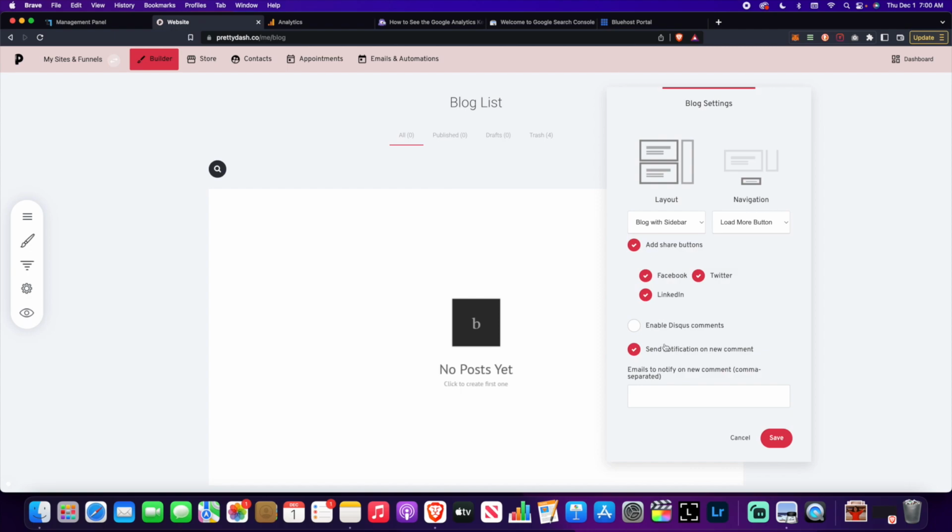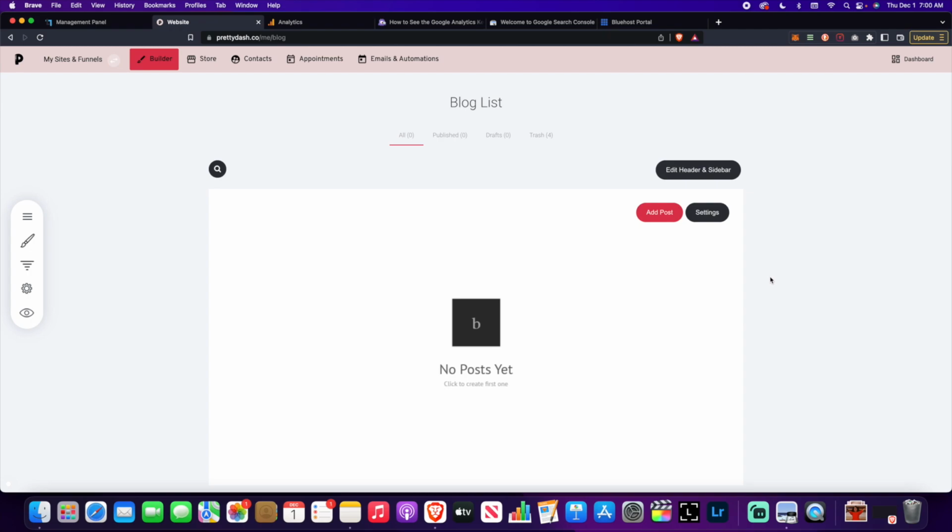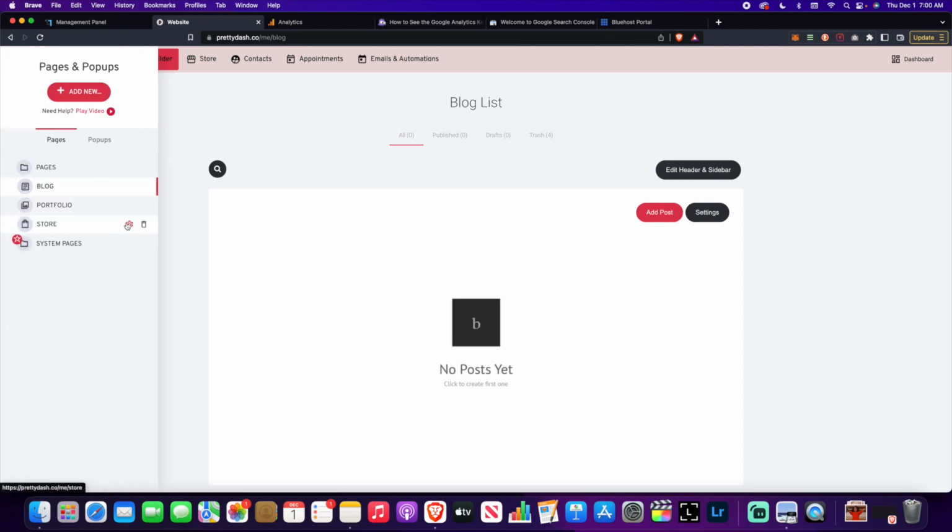And you can also just send a notification on a new comment. So put your email in here, not anyone else's. So it'll just let you know when someone's left a comment. That way you can go and reply to that comment, because the faster you reply, the more engagement you have and the more chances you'll get found in Google. And it'll just make the person also commenting just happy that you replied quickly, so they may comment again and you can keep this going or just create a relationship. So I won't check that for now, and I'm going to use the native comments built-in feature, so I don't want to use Disqus. So we'll save that,